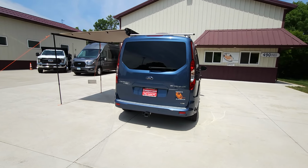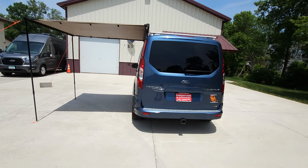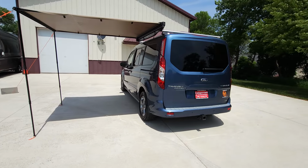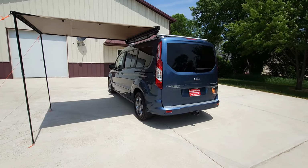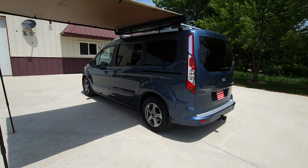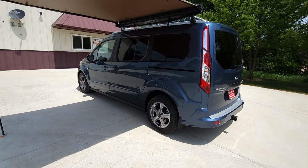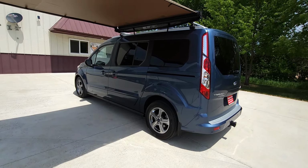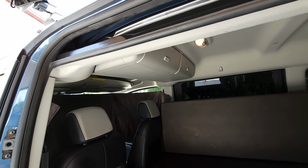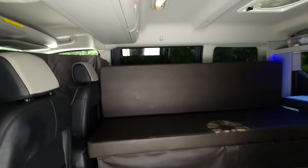Our conversion always comes with solar over-the-air antenna, reversible Maxxair fan, hitch, has a 2,000-pound towing capacity, shore power plug-in cord, limo tinted windows in the back for privacy, also comes with a fabric curtain, WeatherTech sunshades, and also WeatherTech floor mats. This vehicle also has the mid-vehicle overhead for additional storage, vinyl flooring,